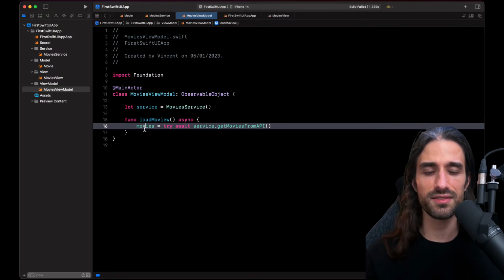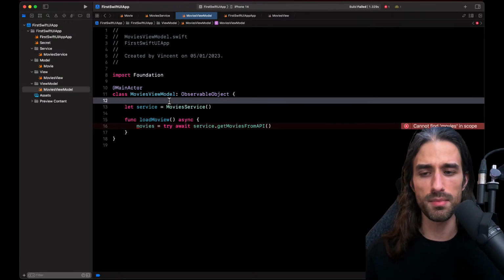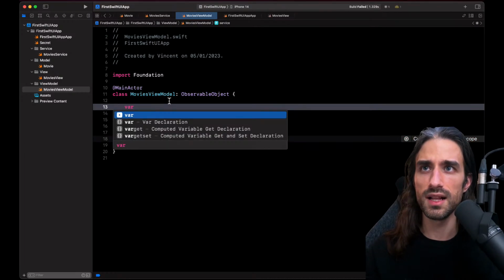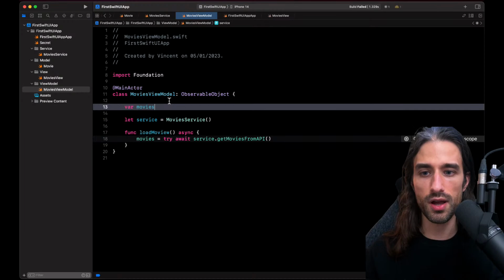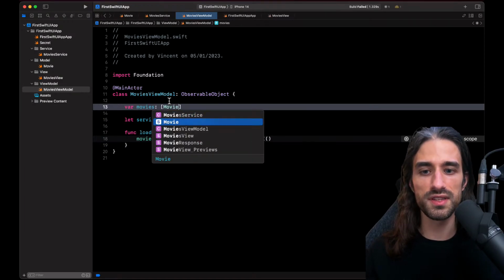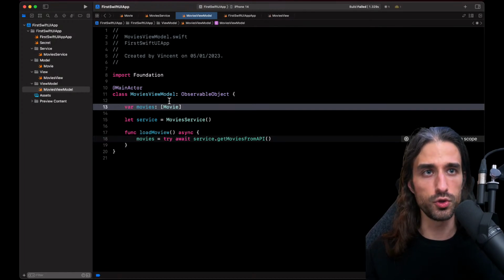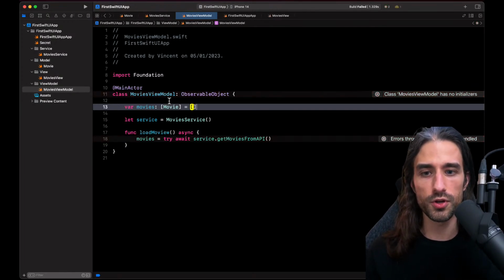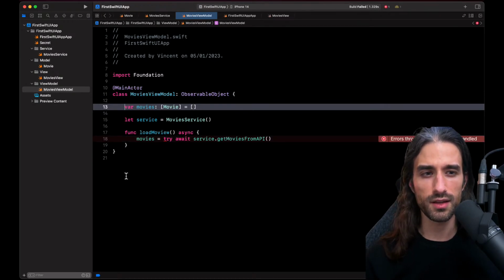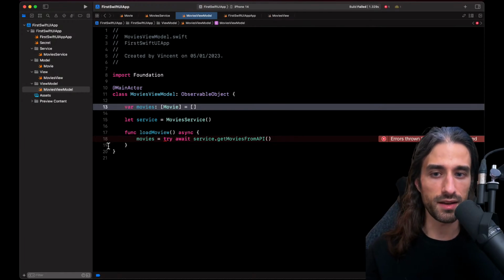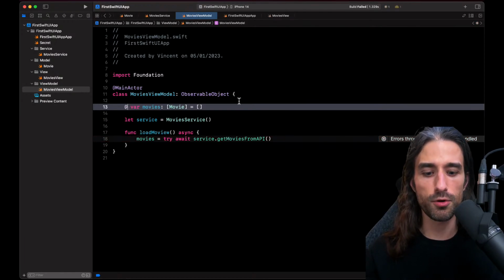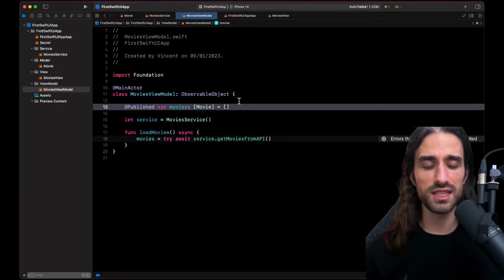Of course, I don't yet have an array of movies, so I'm going to implement one actually. So I'm going to say my view model can store an array of movies. So right now I'm doing things just like I was in the view. I'm basically moving code from the view to the view model. And remember, in the view, when I wanted to let SwiftUI know that a property had changed and the view needed to be recomputed, I used @State. Here, it's kind of the same logic, except that since I'm not in a view, I'm in an observable object, I use a different property wrapper called @Published. But the idea is the same.